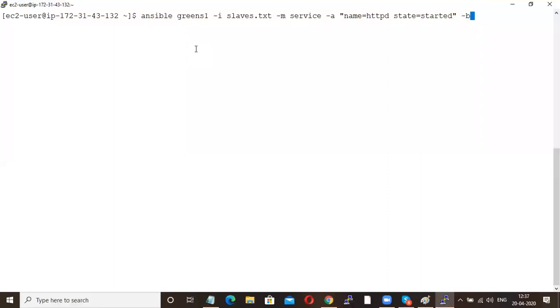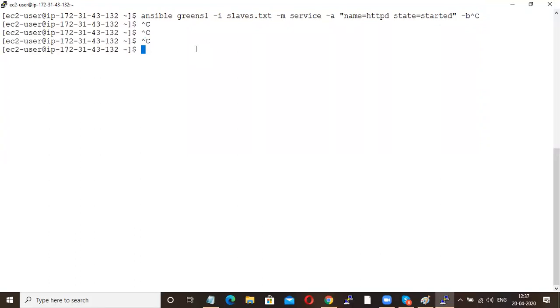Okay, so this is the way to start your Apache. Now, what I'm going to do is, I'm just going to create one user Damo in all my 3 machines.